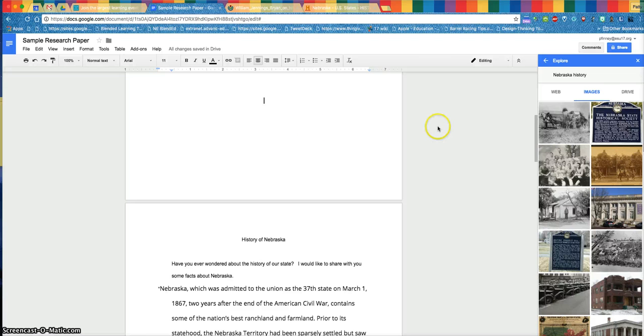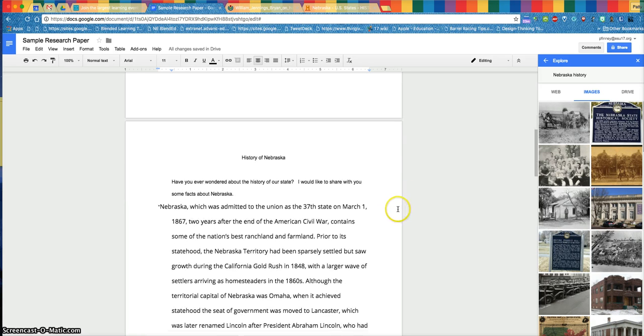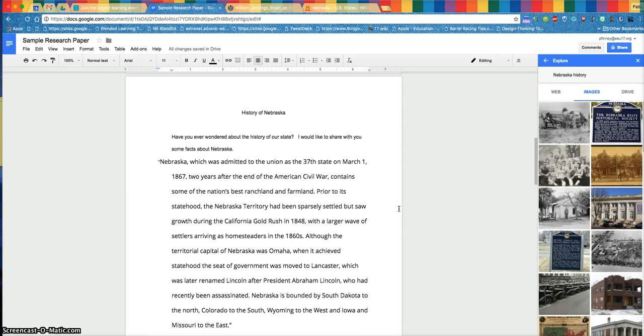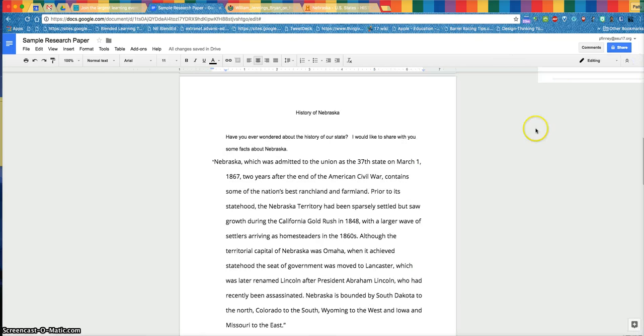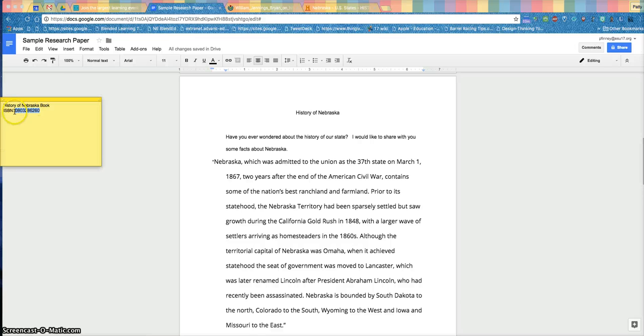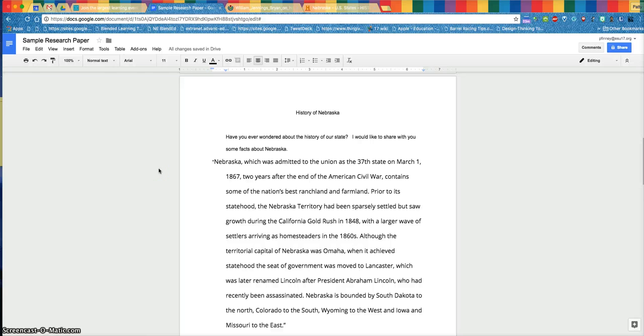There's one other way to cite that I want to share with you. Say that you have some books out of your library. There's an easy way to cite those book resources if you have the ISBN number. So I copied an ISBN number here in a little sticky note so I could use an example. So I'm going to copy the ISBN number, but if you have it, you could also type it right in. But I'm going to show you an additional Google Chrome extension to use if you have those ISBN